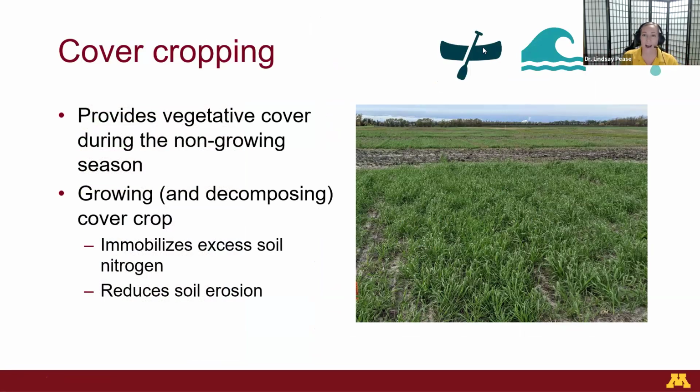the nitrogen, and also the microbes in the soil, the biology, when that residue is breaking down, they'll also be using that nitrogen to be able to break down the carbon. So they're using it all the way through that green period through when that residue turns to straw and breaks down. And of course, it has that benefit of reducing soil erosion.